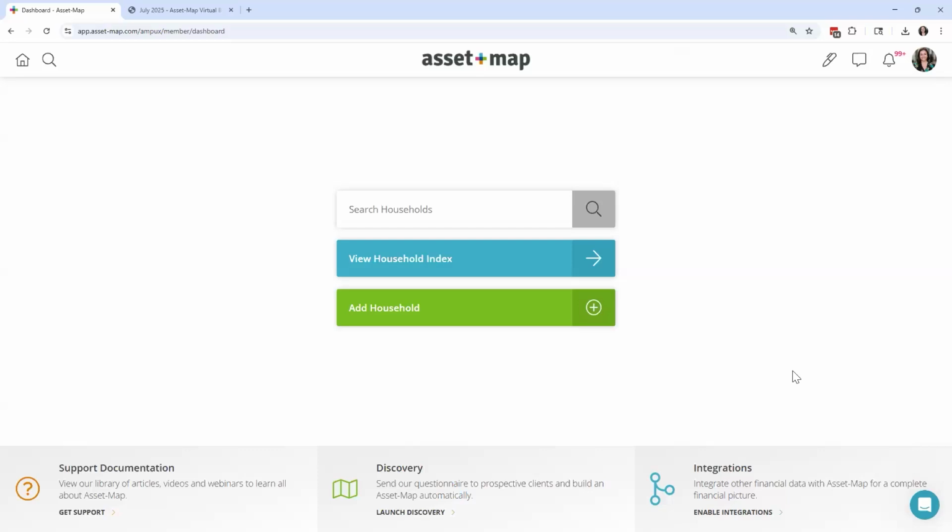Another hidden gem or a treasure that I love to remind people of is our marketing kit. All of you on today's call have access to a marketing kit with some client-facing flyers and or materials that you can leverage. And really why I like to start with this in the beginning of today's call is because I'm going to take you through features and functionality through what I like to call the typical process of Asset Map, which is step number one, you have to be able to confidently introduce Asset Map and or talk about